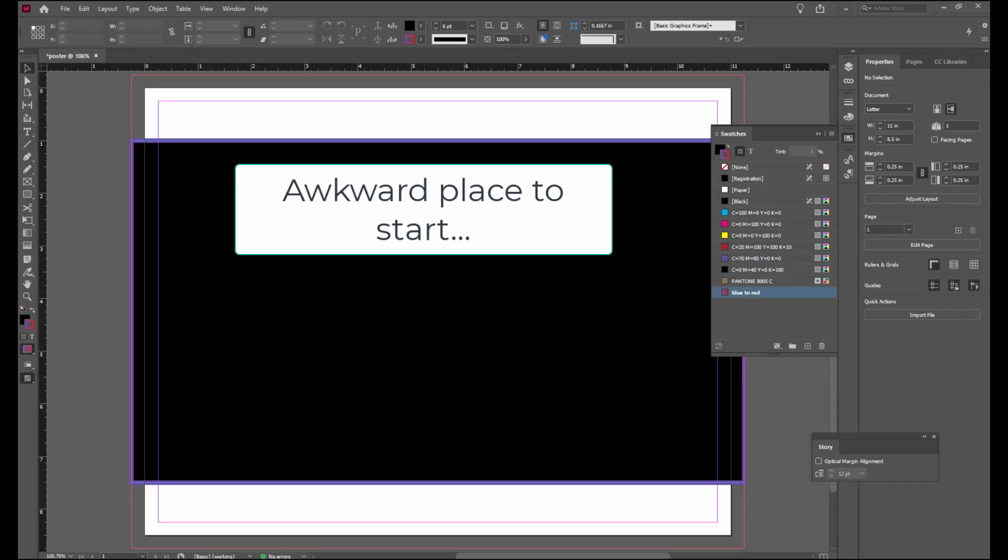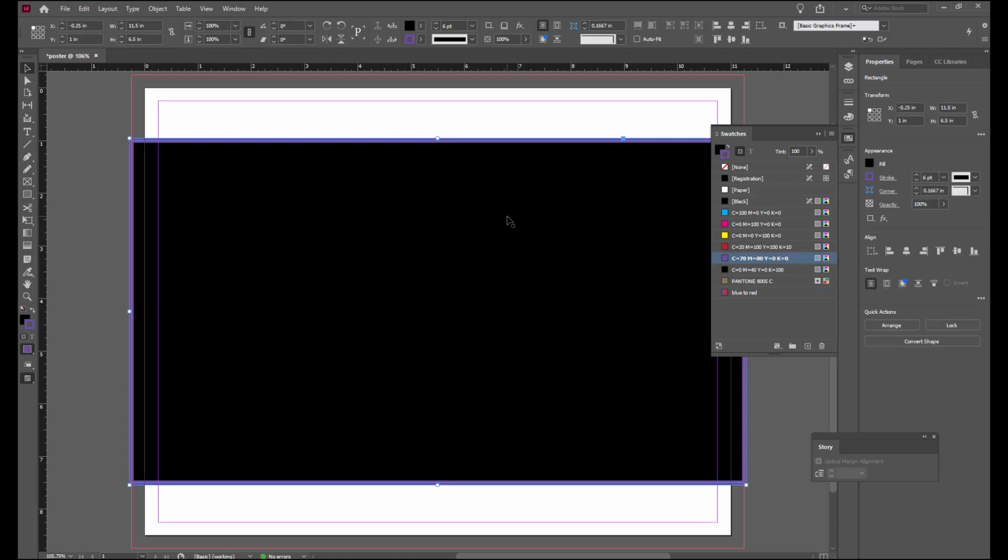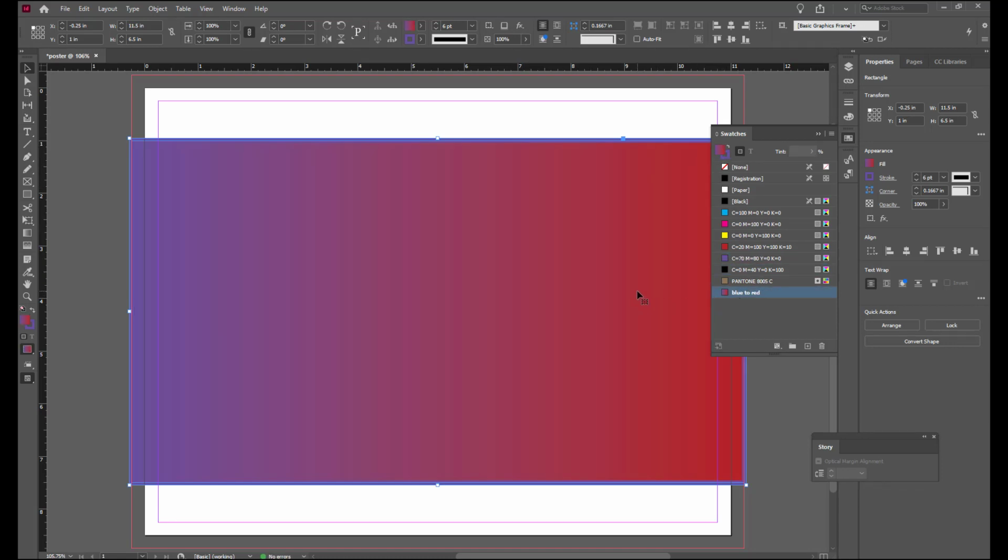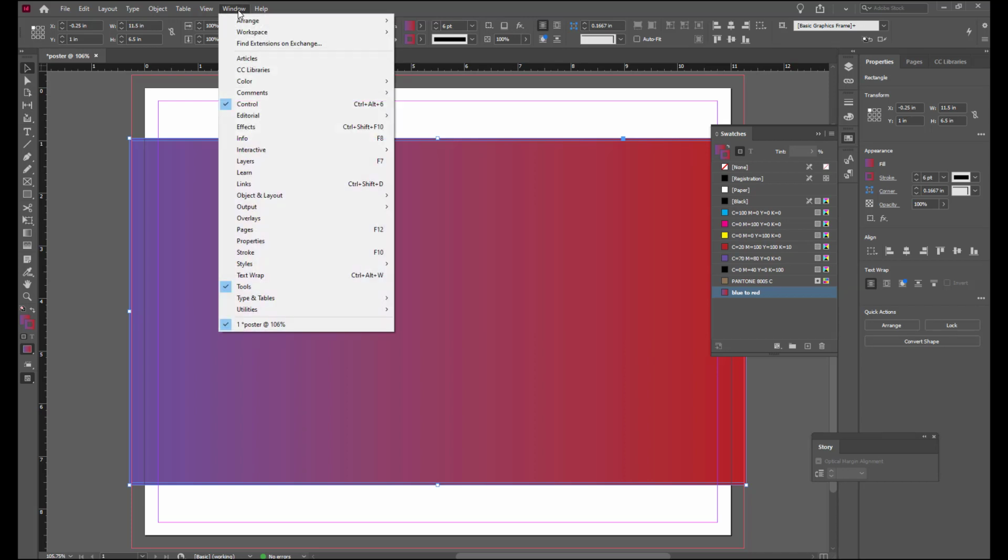And then with the selection tool, click the visible rectangle on the page and then fill that with the blue to red swatch. Make the stroke active, and you're also going to click the blue to red gradient swatch so we can apply that to the stroke as well. Then in the gradient panel, so we're going to go to Window, Color, Gradient,